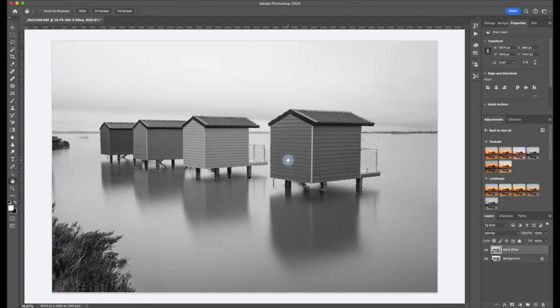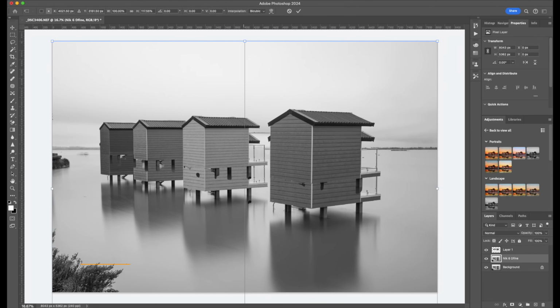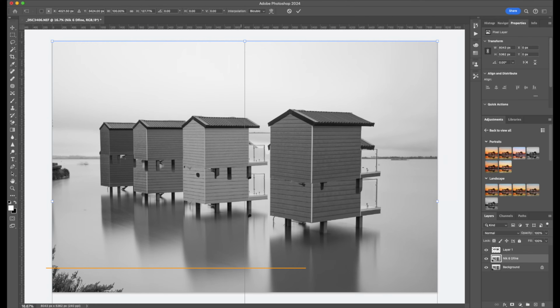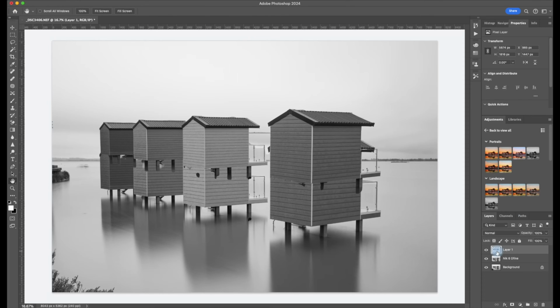What you can do is Command C on a Mac, it must be Control C on a Windows computer, then Control V, Command V, and if you look there, that's selected that as a separate layer, so you can do that. And then if you then click the layer below and press Command T, this is now free transform, so I'll hold the shift key because it keeps everything in focus, and what you'll notice is I can bring the sky, look to the left here, I can bring the sky down, which you can then blend in. So you can do it that way, but I don't want to do that